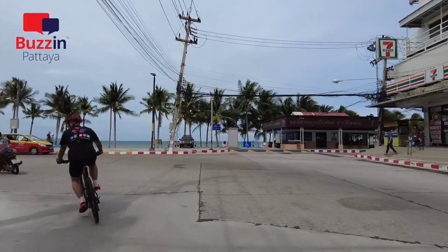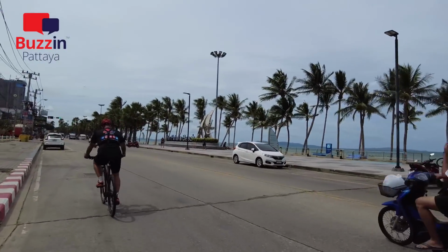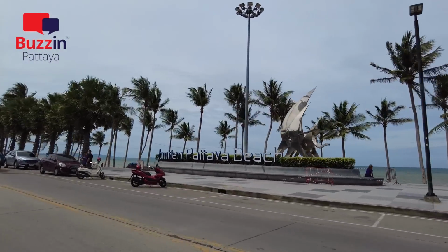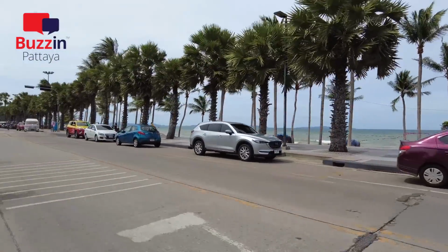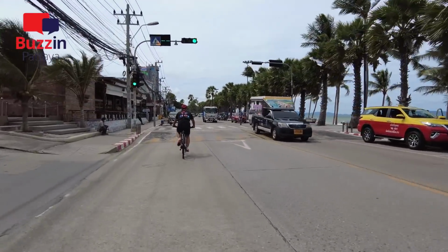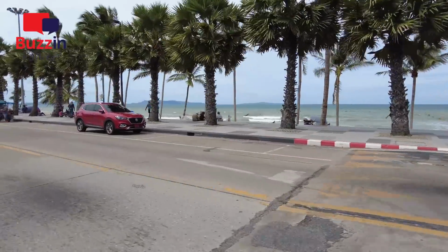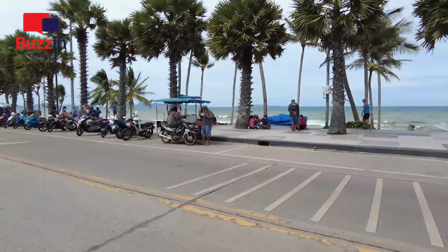All right. So onto the lovely beach road. I've got to be honest with you, this area, in my opinion, is much nicer than the beach road in Pattaya. If you come down early morning, there's a lot of people exercising. There's a lot of people exercising, if you get my drift, in terms of both male and female. So even if you're not the fittest person in the world, definitely worth coming down, even if you look the